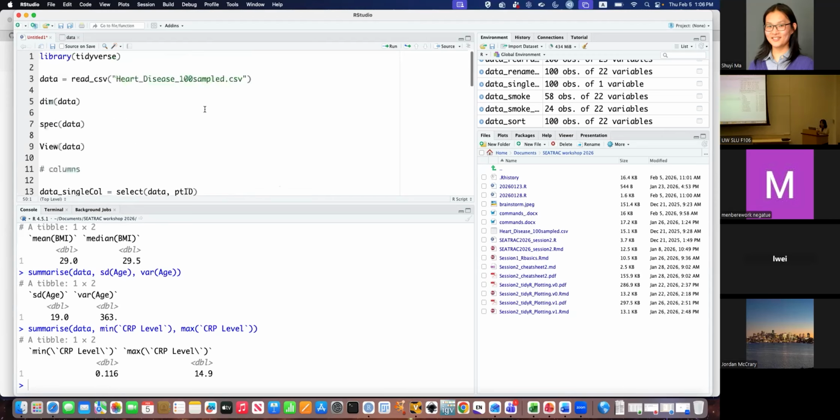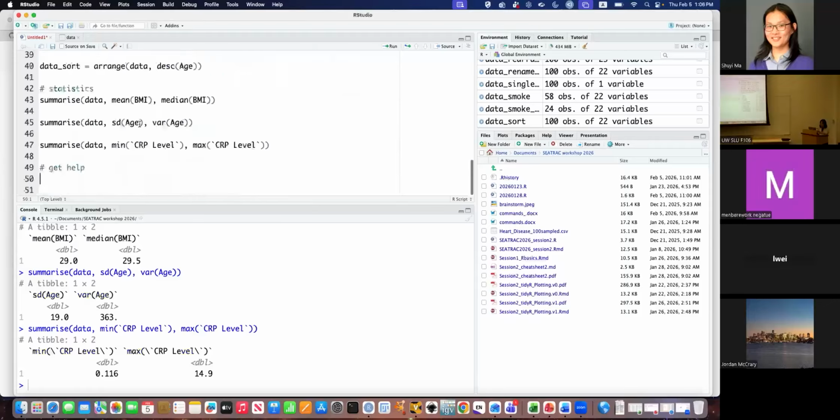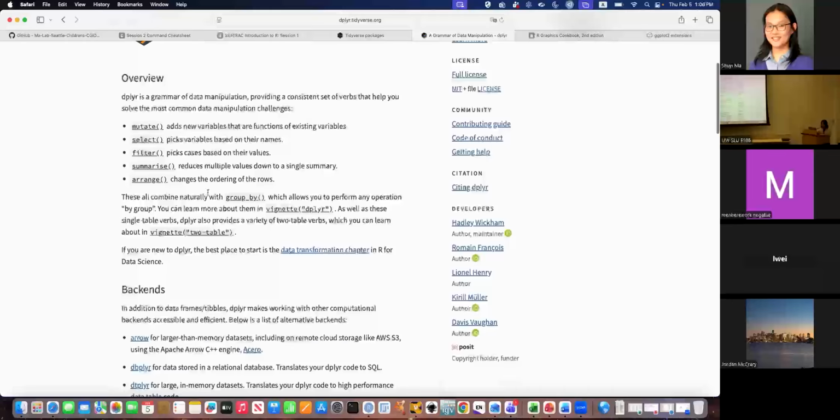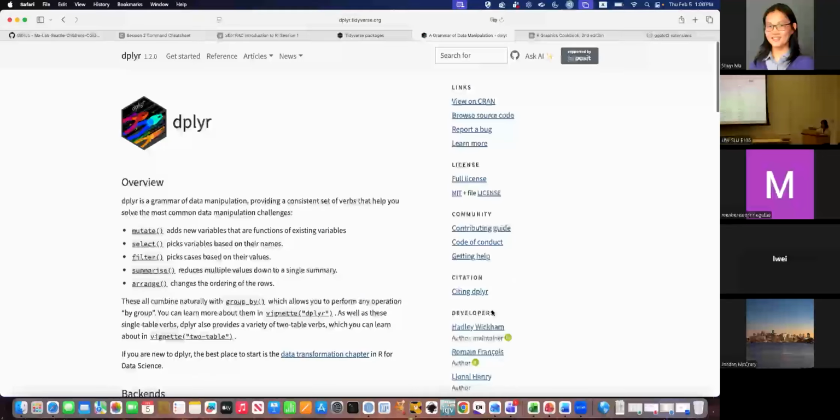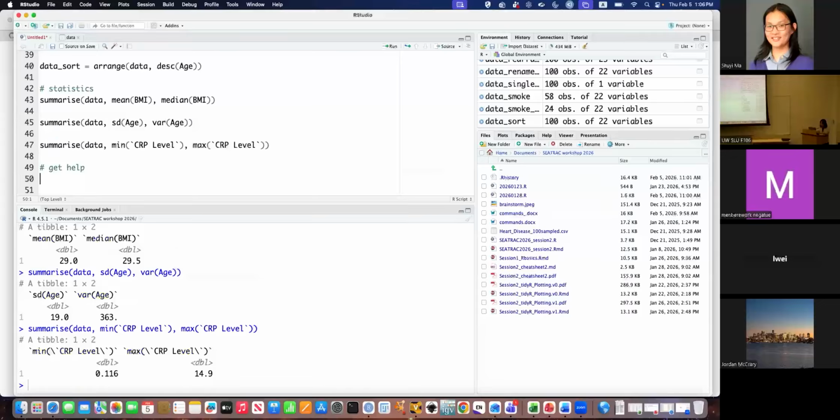Whatever function we have been talking about here is part of this dplyr package, right? And this dplyr package is part of the tidyverse package collection that we installed and loaded at the beginning of this session. To get help, you can either navigate on their website to see examples and documentation of them, or you can do this